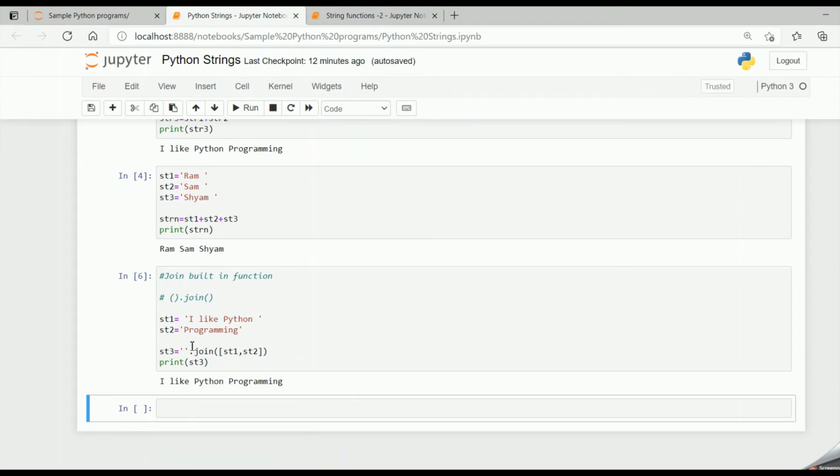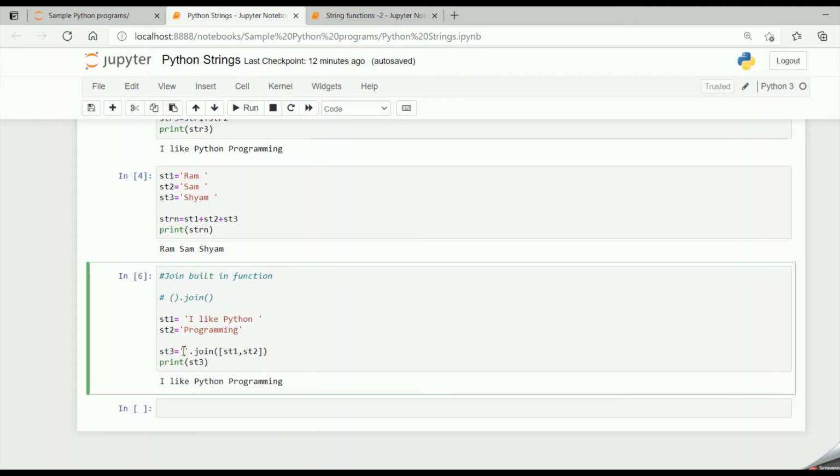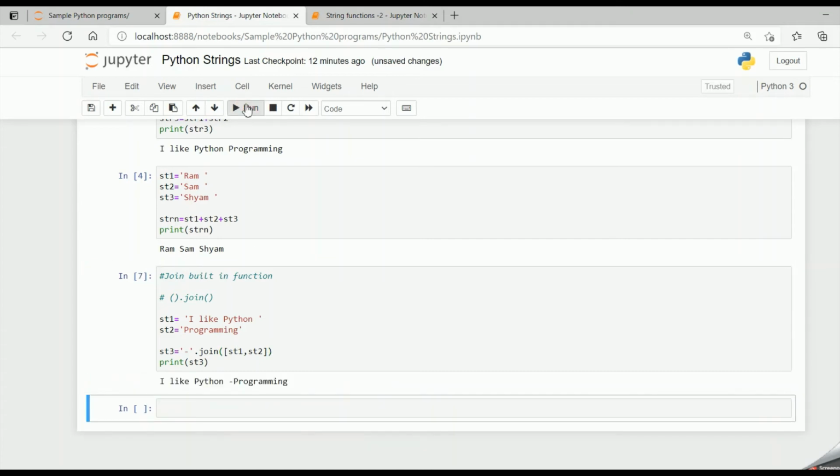Now this is just for your reference, if I give a hyphen in the separator section and run the code, I get I like Python, and then it will concatenate with a separator and then the string 2.